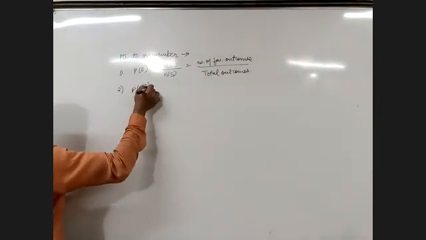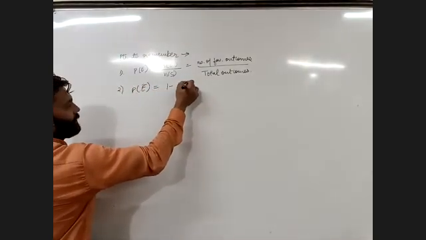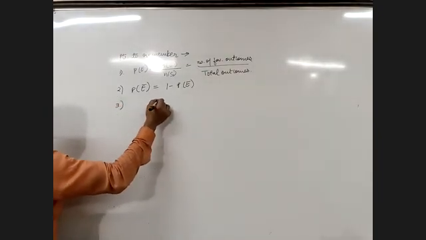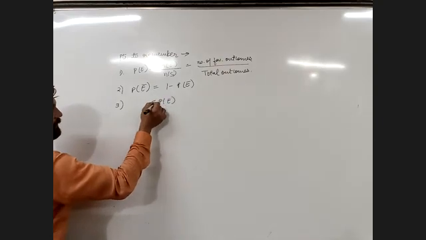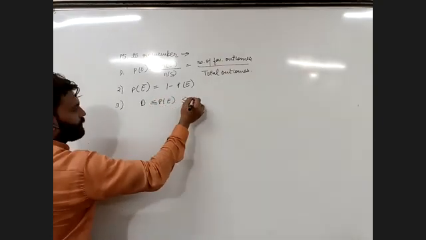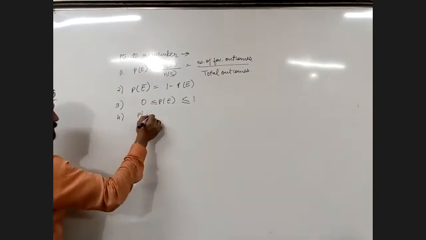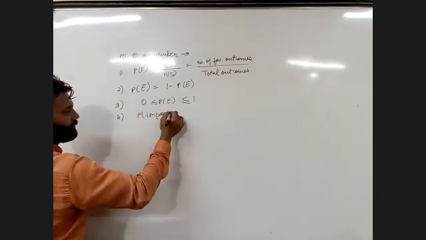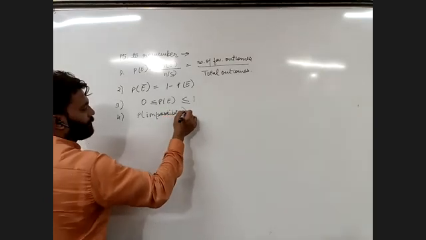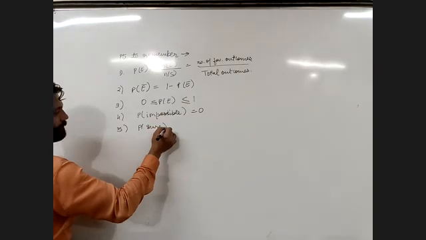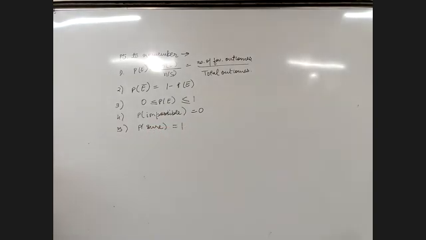Probability of non-occurrence of an event is 1 minus occurrence. The probability of an event always lies between 0 and 1. Probability of an impossible event, probability of a sure event, right? Impossible 0,